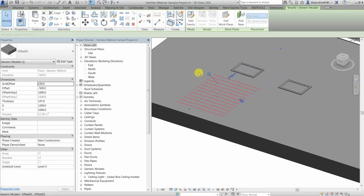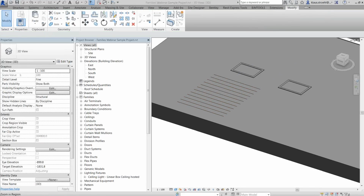So this way you can foolproof your family, as well as making it possible to create an array with only 1 member. It is not the array that's showing 1 member, but it's a good workaround. So let's go to the next